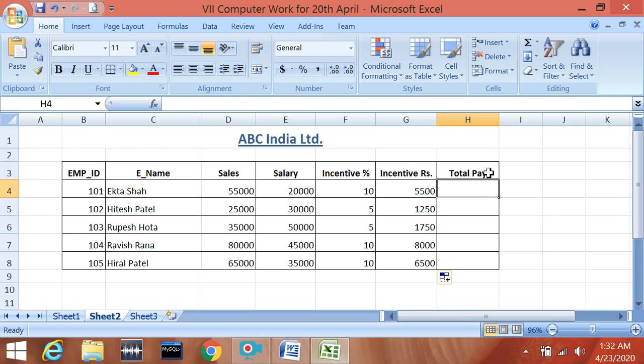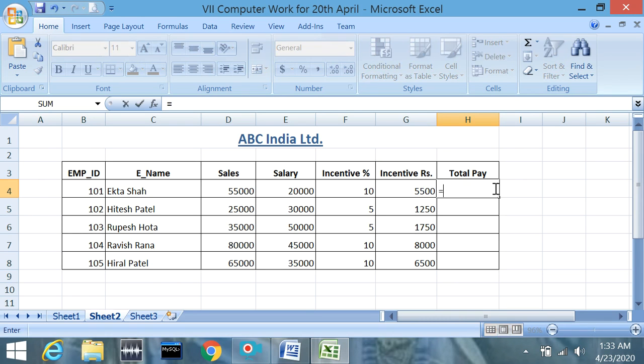Tell me, what should be the total pay? We need to add salary and incentive rupees to find out total pay. So the formula would be equals to sign, select the salary cell, plus the incentive rupees cell, because to find out total pay you need to add salary and incentive.